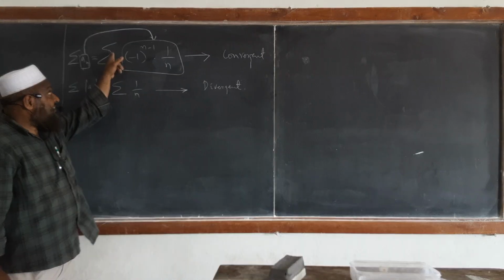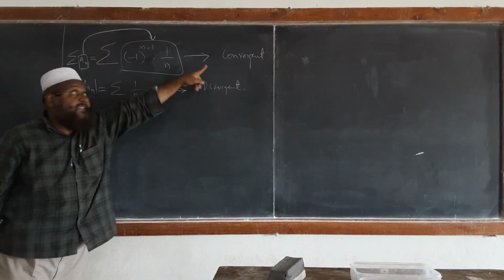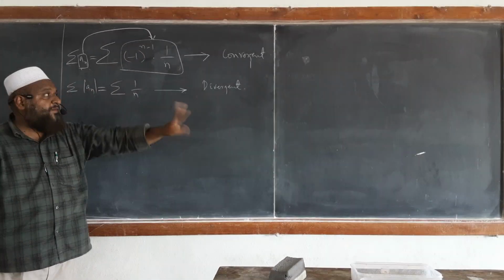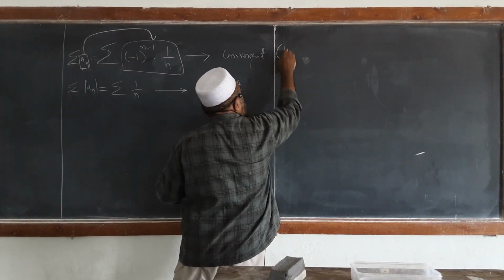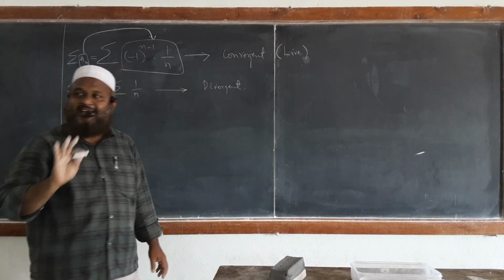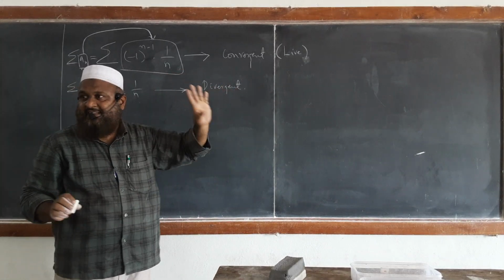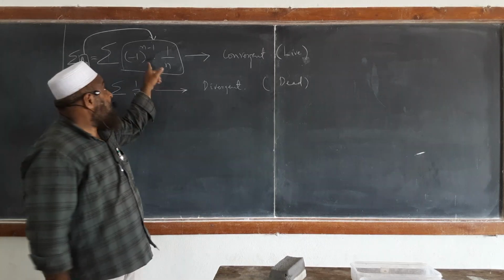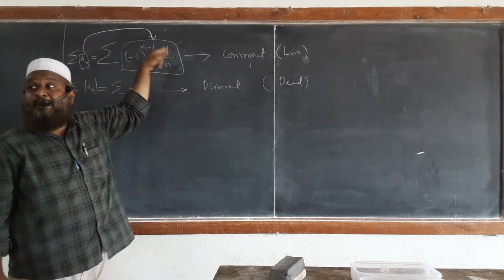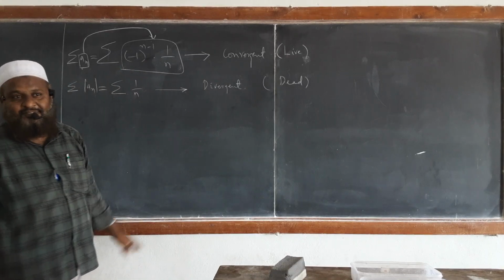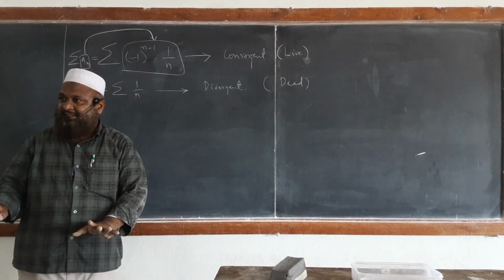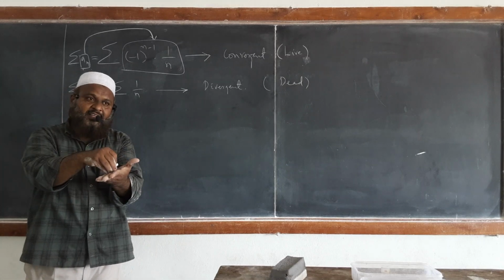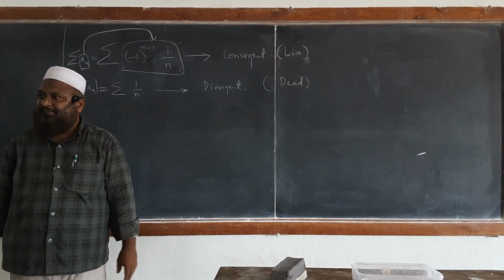Now tell me, this complete series is convergent because of the presence of this minus 1 power n minus 1, no? If you remove this, it becomes divergent. For understanding it in a better way, just remember, convergent means life, divergent means dead. Now, this life is depending upon the presence of this. It is like a ventilator, you know. If the person is in a critical situation and needs a ventilator, that patient will be kept on it. If the ventilator is removed,